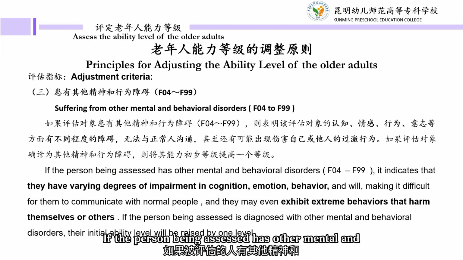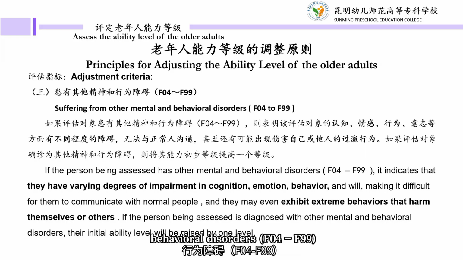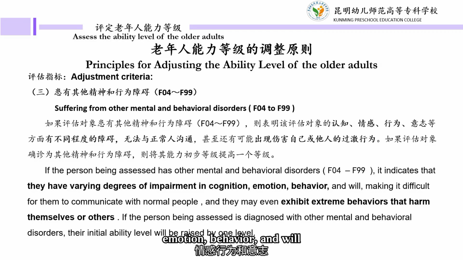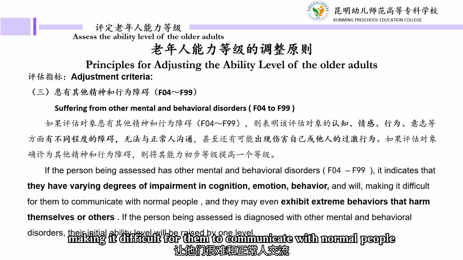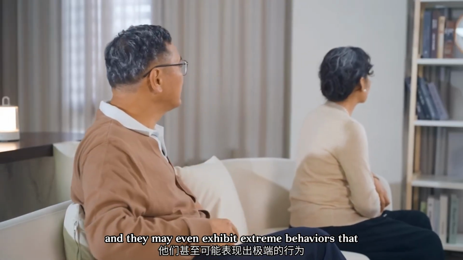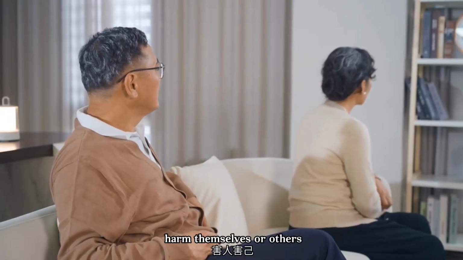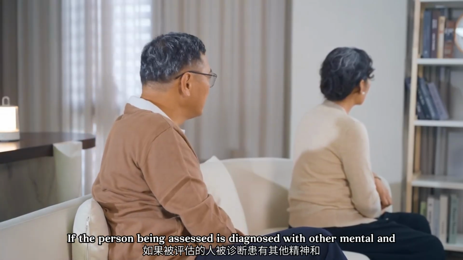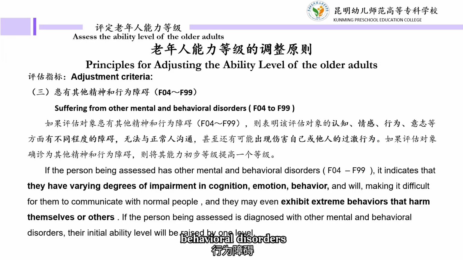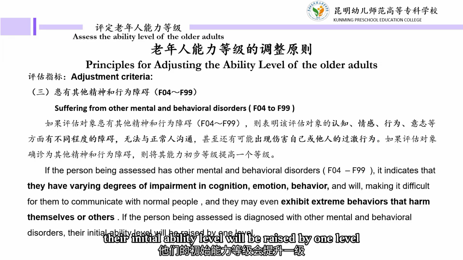If the person being assessed has other mental and behavioral disorders F04 to F99, it indicates that they have varying degrees of impairment in cognition, emotion, behavior, and will, making it difficult for them to communicate with normal people. And they may even exhibit extreme behaviors that harm themselves or others. If the person being assessed is diagnosed with other mental and behavioral disorders, their initial ability level will be raised